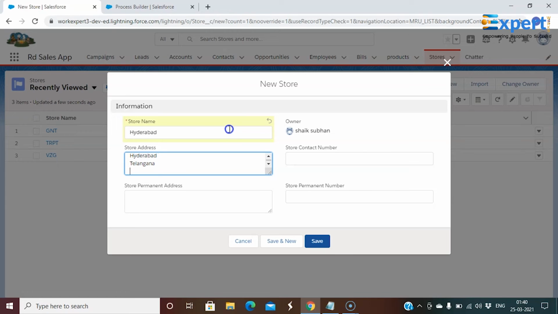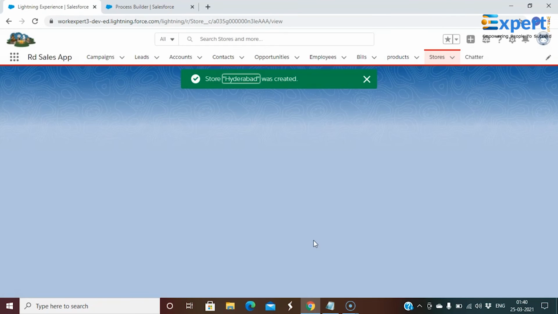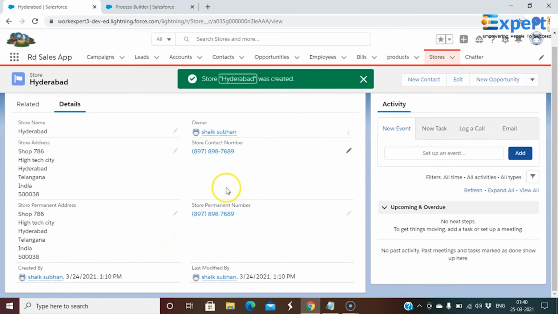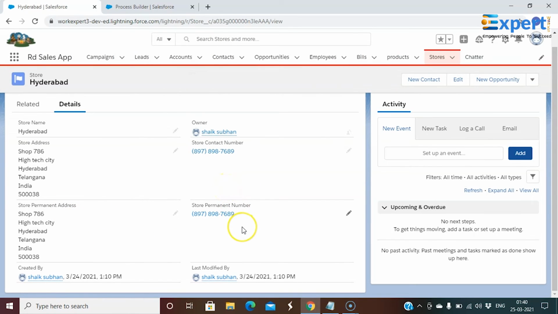I'm just giving the address. Okay, let's see whether it's going to be updated or not. The contact number, save. Now whatever address we gave got updated in the permanent address, and whatever contact number we gave, it got updated.